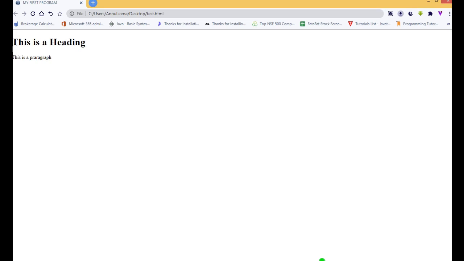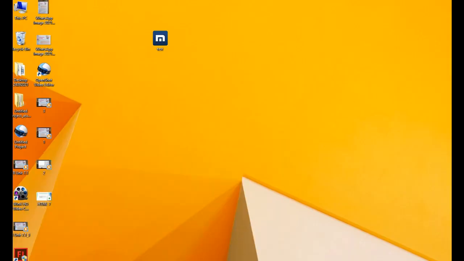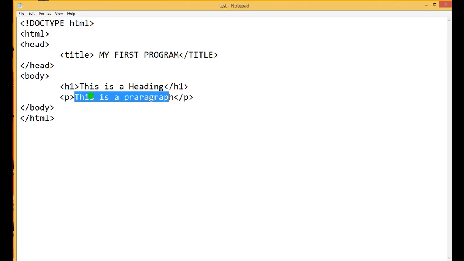This way we can very easily write HTML programs. Okay, I hope that you understood the topic, what is HTML and how to write HTML code.